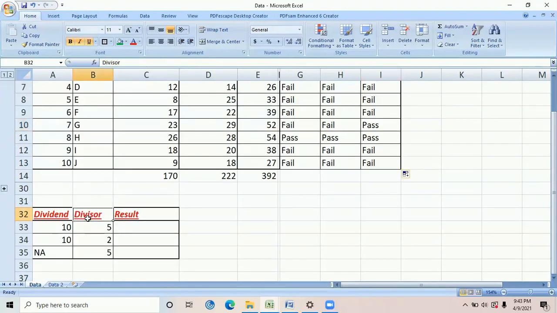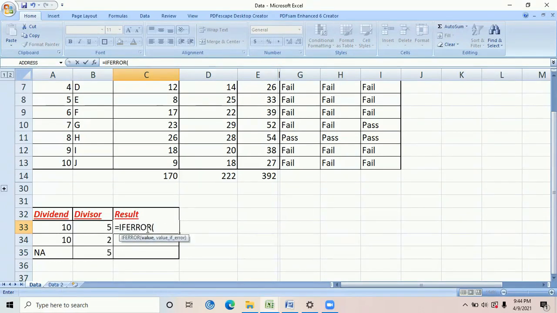One is a dividend, one is a divisor, and let's see if I use the IFERROR formula. If there is an error, then what is the result? Let me just show you through the formula itself. IFERROR, it is asking for value. So first, the value that I want to see as the result. If the value is an error, then I want a particular statement to be placed, or any number also, right? So let me just do this divided by this, else I want it as "not okay". And let me just do a double quotation and close it.